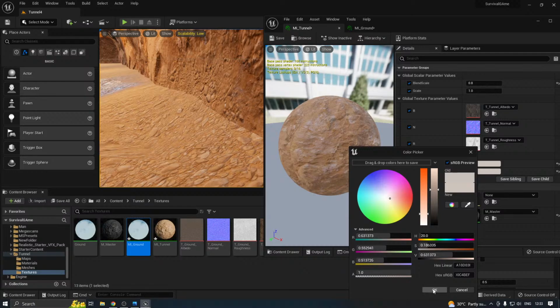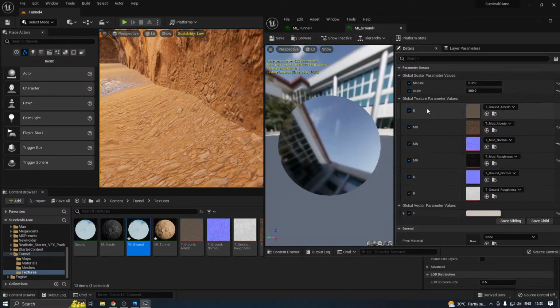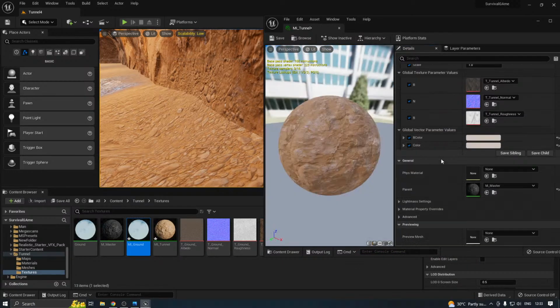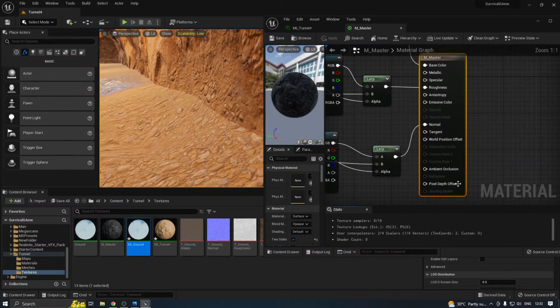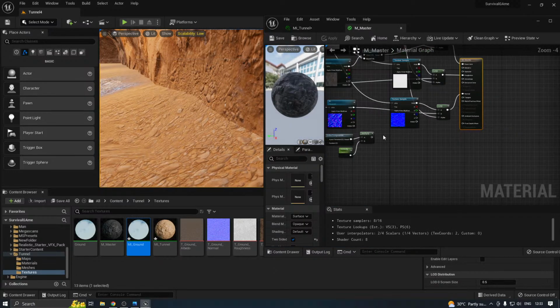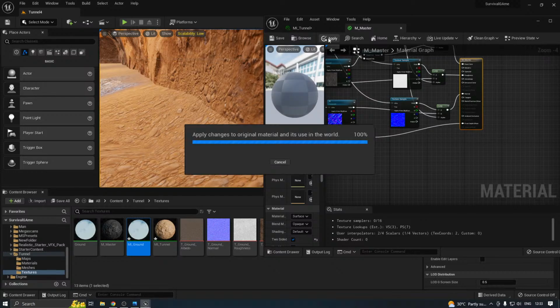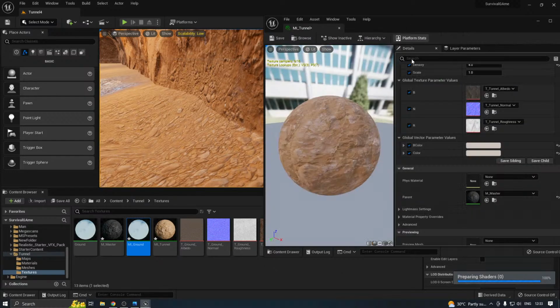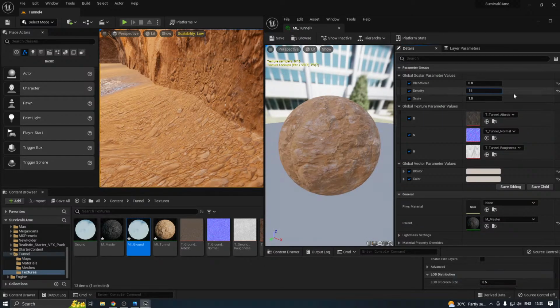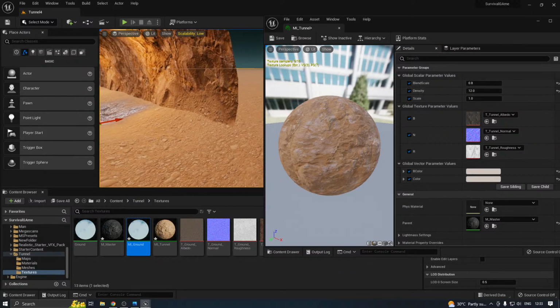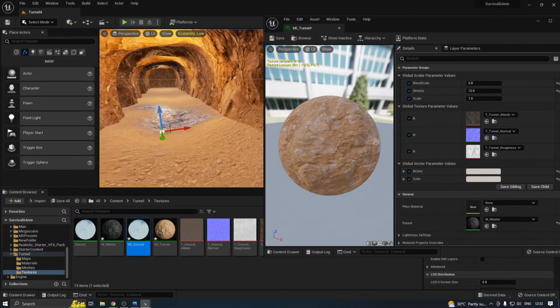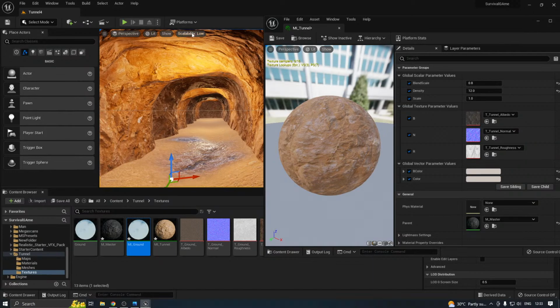Yes. You can go back to the smart material. Like this. You can still see the